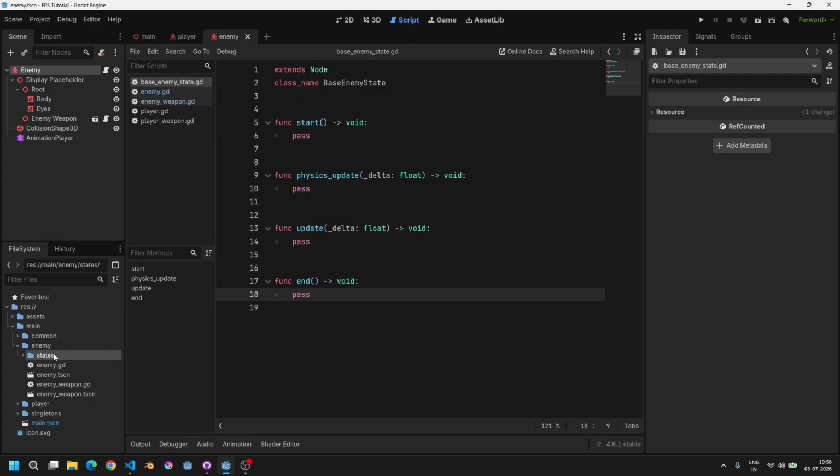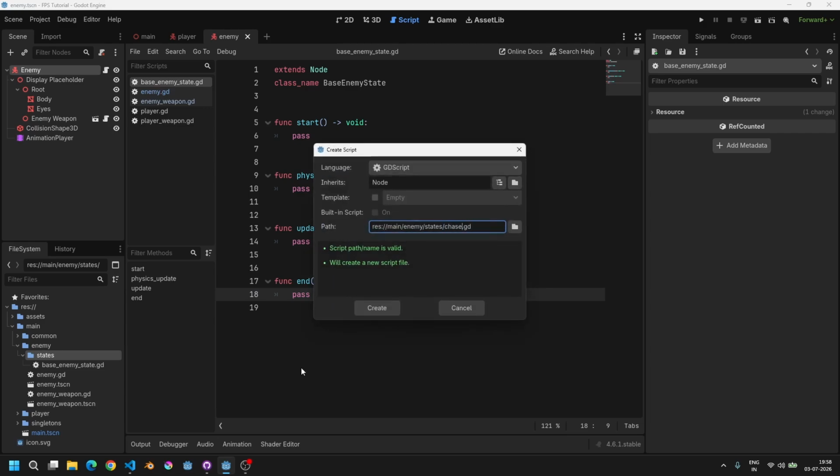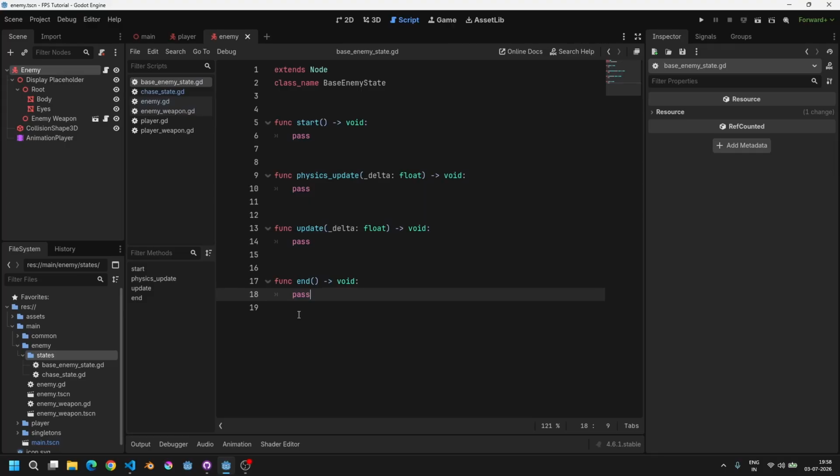So now let's create another script, and let's call this chase state, and this is going to extend the class that we just made. So this class is basically acting as an abstract class, so we will not really have any definition over here. It just defines the structure, the template that the child classes are going to have. Okay,